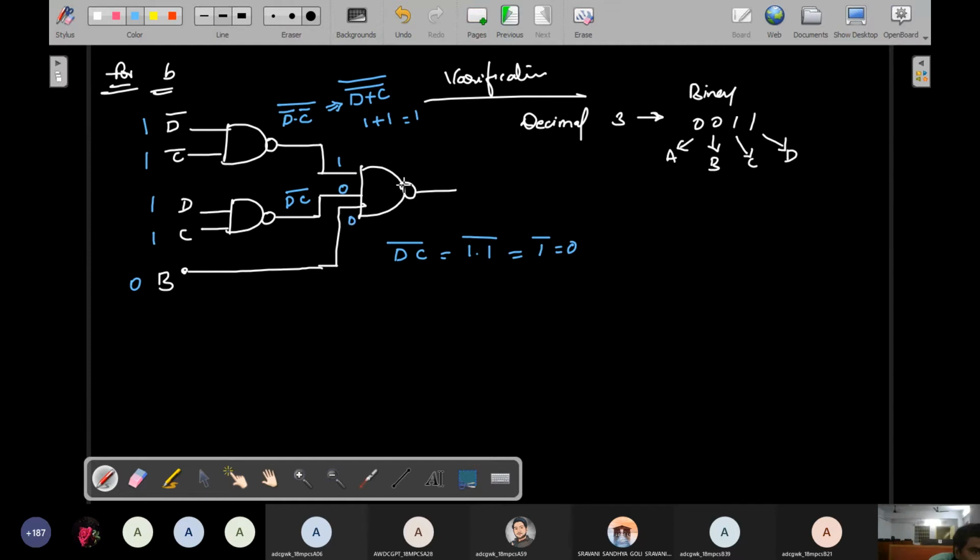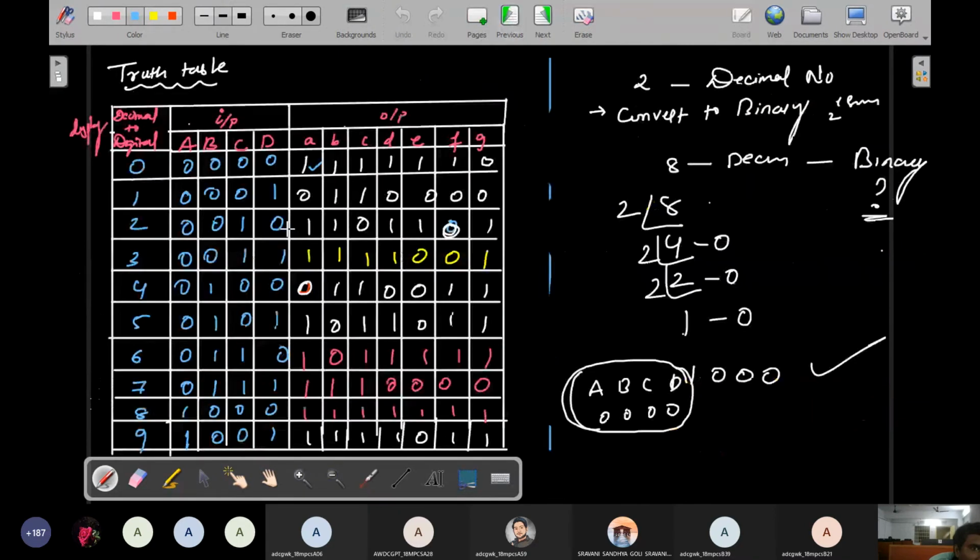Right now this is nothing but the total AND gate. Actually this is a total AND gate, 1.0.0 whole bar, because the bar is there. This is AND gate operation, AND means multiplication, 1.0.0 whole bar. So this is nothing but 1.0.1.0 means 0 bar only, because multiplication is 0 whole bar. This is called 1. So if you take the 3 value, you will get it. See, check B input. B input is high, understand? So if you consider 3, you'll get B as high. Okay, understand? So this is the purpose, this is the process.